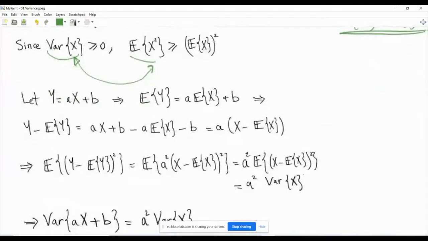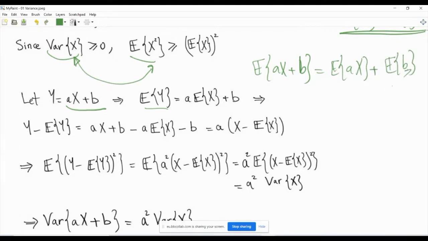Now, suppose that you are computing the variance of the random variable ax plus b. That's a linear function applied to the random variable. You multiply it by a constant a, and then you add b. So what is the first moment first? The first moment is that you apply the expectation to ax plus b. Now the expectation operator is a linear operator. So the expectation of two things that are added together will be the sum of the expectations, and b is a constant, so its expectation is itself, and x is multiplied by a constant, and because of the linearity of the expectation operator, you can pull this constant outside, and so this is a times the expectation of x.